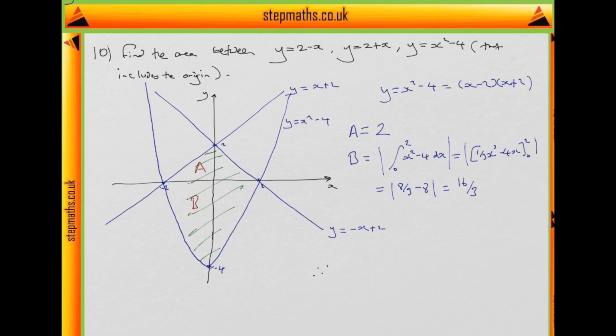Well, therefore, the area is equal to 2A plus 2B, which is equal to 16 over 3 times 2, 32 over 3, plus 2 times 2, 4. Well, that's 32 plus, well, 4 is 12 over 3, so that's 44 over